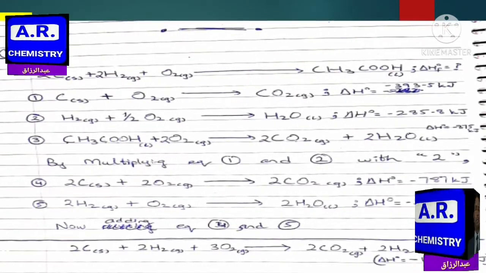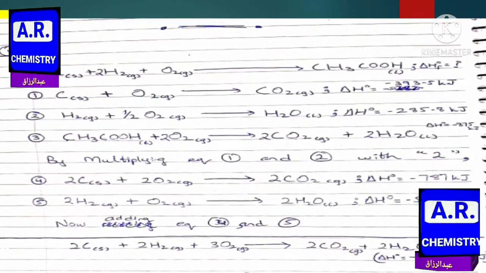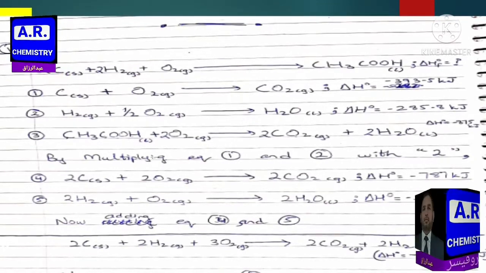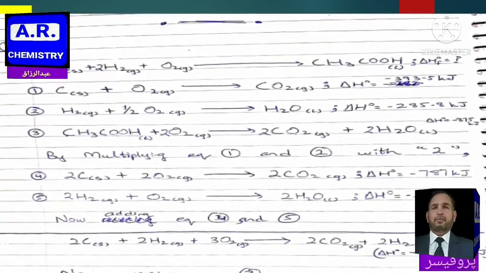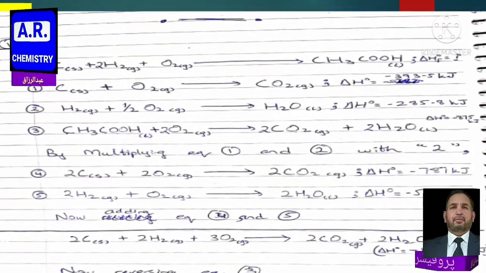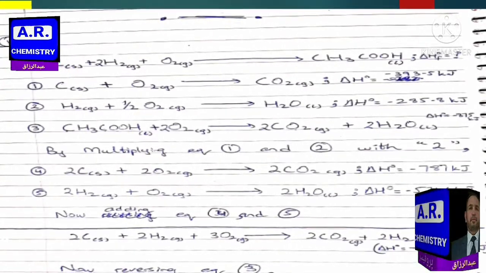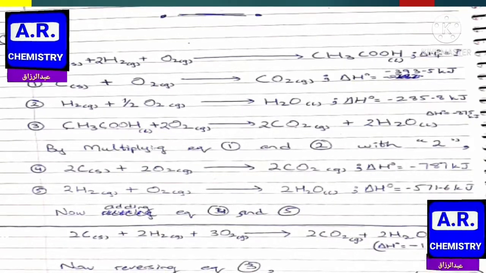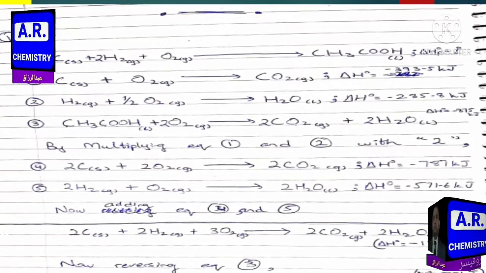Same is the case with the enthalpy of combustion of hydrogen, which is also shown with a negative sign because this reaction is also exothermic. And in the data, the enthalpy of combustion of acetic acid has also been given. So equation 3, within the circle I have written 3. So you are to write the third equation, that is, equation 3 is about the combustion of acetic acid.